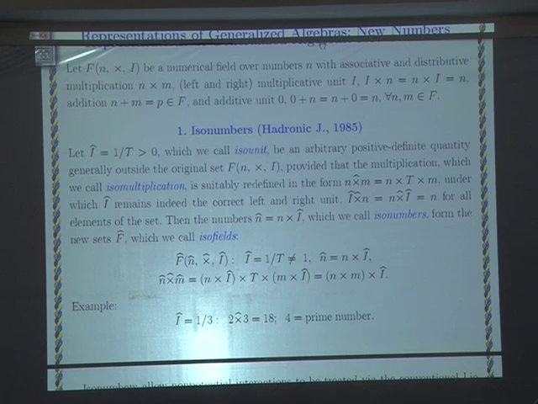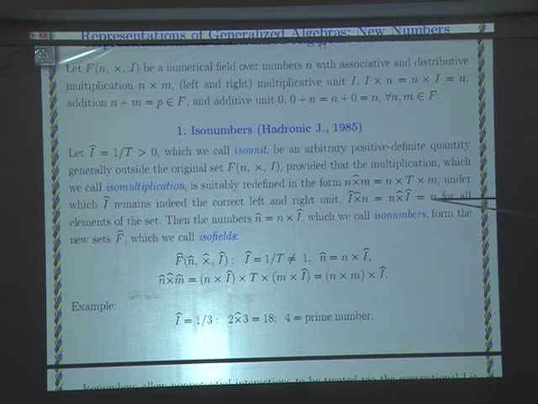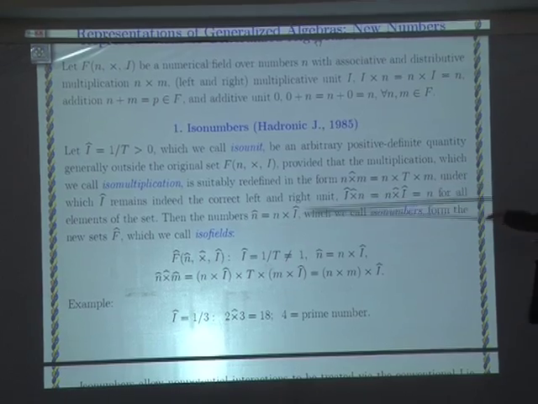And in that case, we can iso multiply this iso unit with old numbers